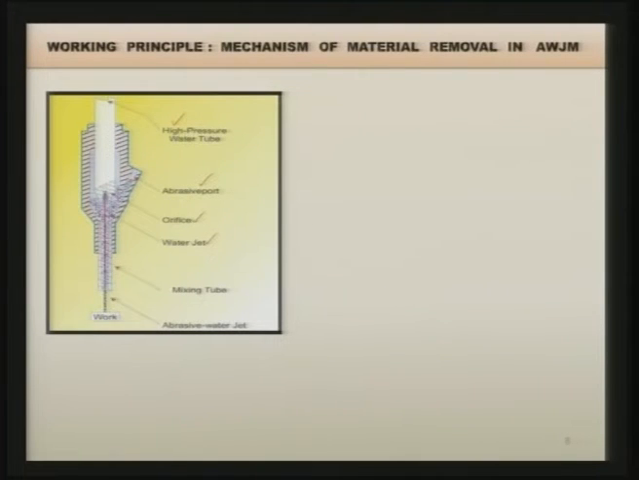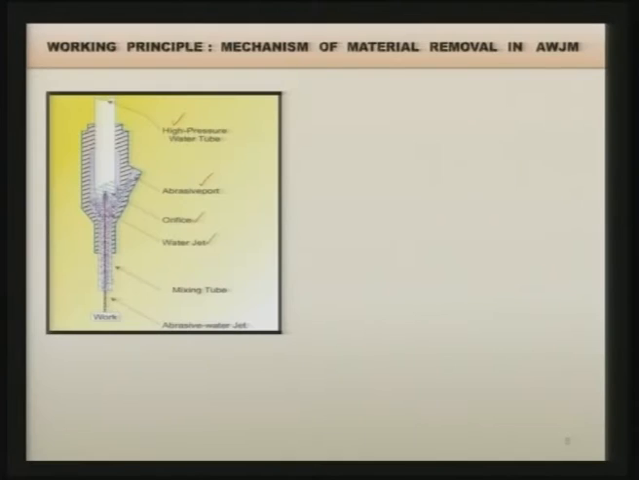As we will see, the velocity of the water jet can be as high as 800 to 900 meter per second, depending upon what pressure is used. Then you have a mixing tube over here. In this tube you can see clearly that the abrasive jet is mixed with the water jet and both form the abrasive water jet. Now, while coming out of the mixing tube, we have here the abrasive water jet, and the velocity